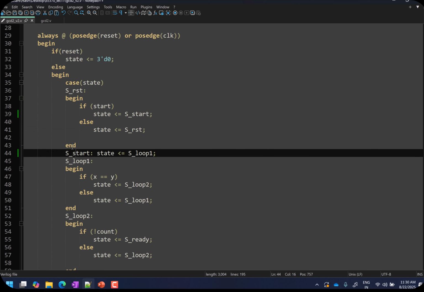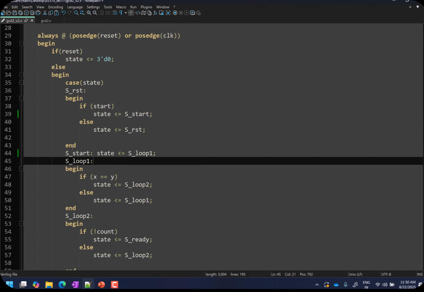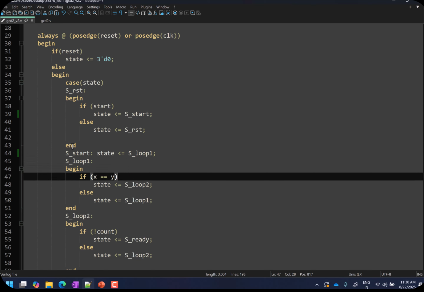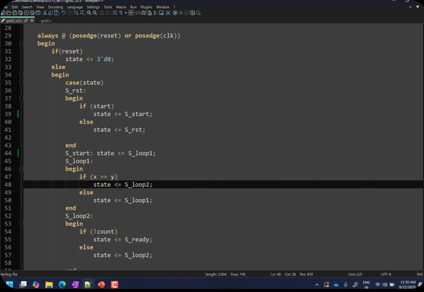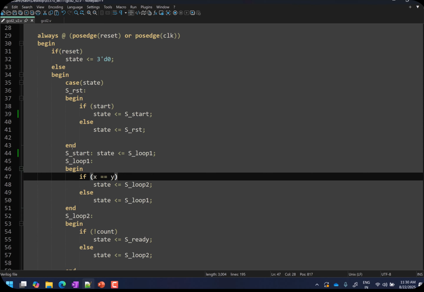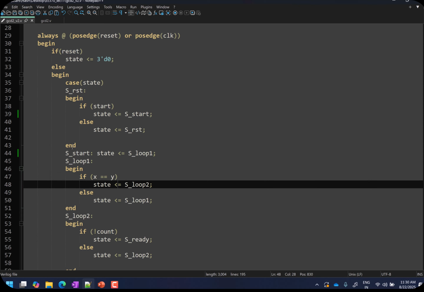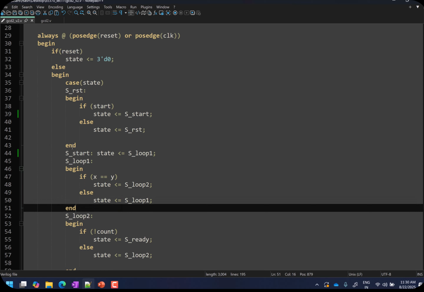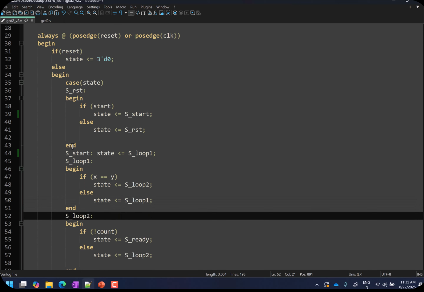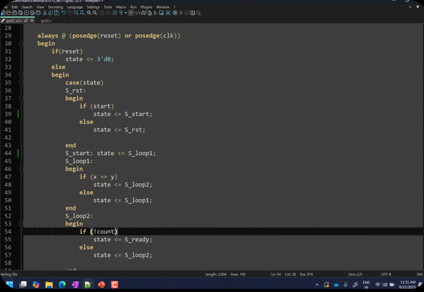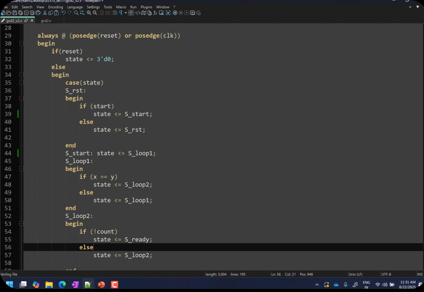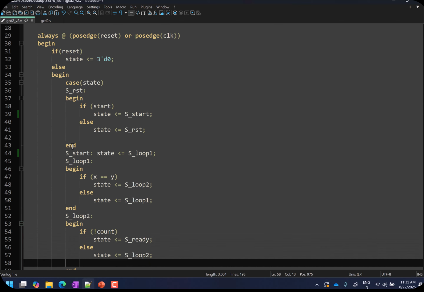In the start state, you don't do anything in particular, you don't wait for anything else. At the next clock edge, you move to loop 1. Now in loop 1, you remain in loop 1 as long as x is not equal to y. The moment x becomes equal to y, you move to loop 2. And in loop 2, if your count becomes 0, you move to the ready state, else you remain in loop 2.